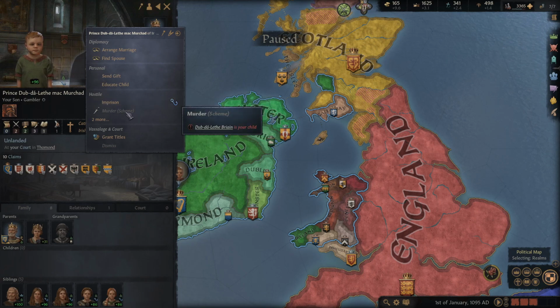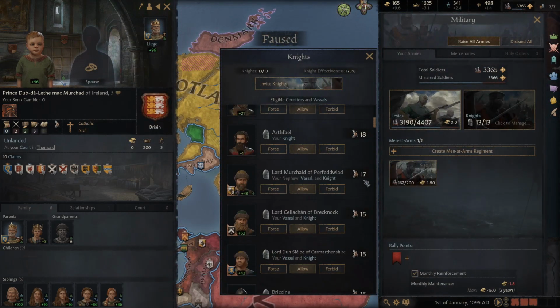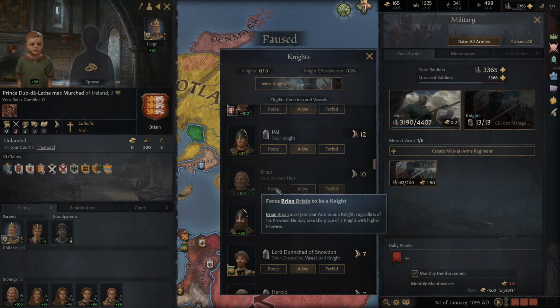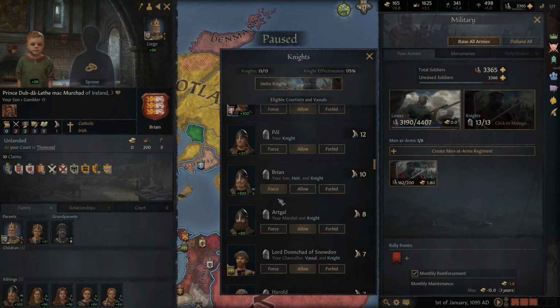In fact, unless your ruler has the sadist trait, the game does not allow you to murder your kids directly. Instead, you can go over to the Knight page, find your adult children, and force them into battle. You can then send them as an army of one off to an unwinnable conflict. While it is possible to survive, you might also find yourself no longer needing to buy birthday gifts for 2